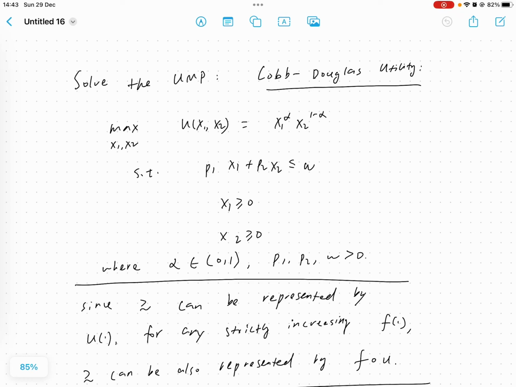Hello. So today in this video, we'll try to together solve one UMP, which is the utility maximization problem. In this example, we're using the Cobb-Douglas utility function. We will also try to use the Kuhn-Tucker conditions, which are a more general way to solve